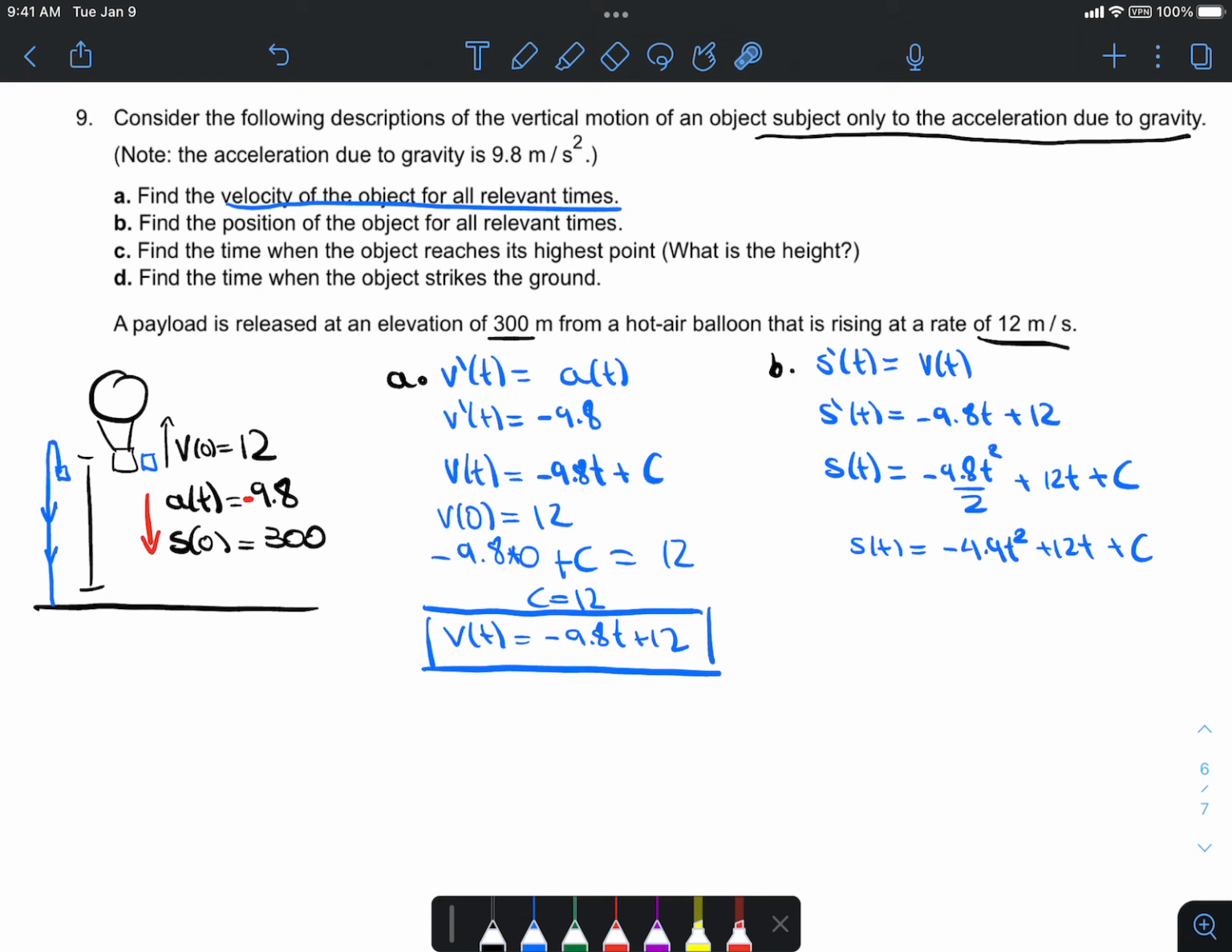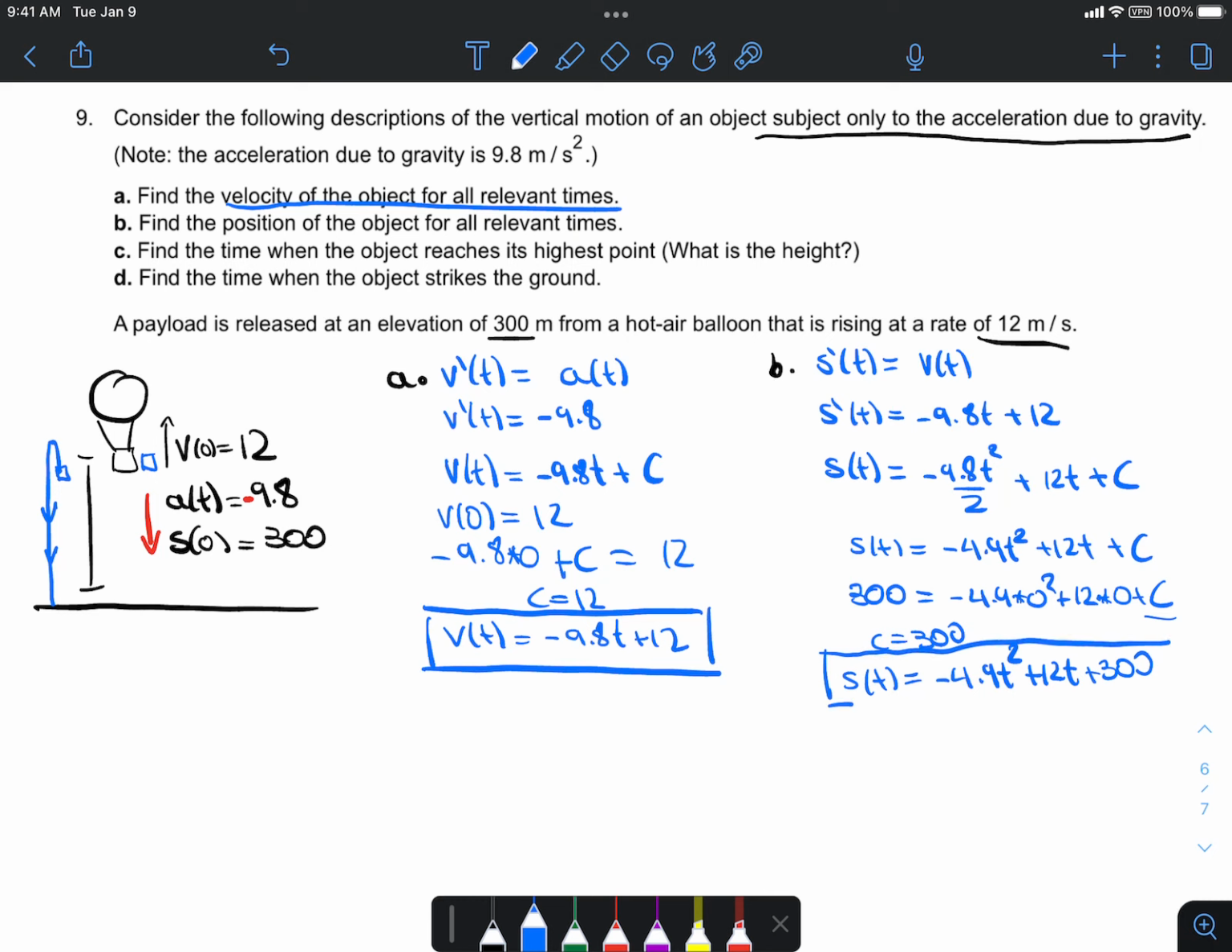How do I find c? I know that the initial position is 300. So because s of 0 is 300, then 300 equals minus 4.9 times 0 squared plus 12 times 0 plus c. So that just means c is 300. And therefore s of t is minus 4.9t squared plus 12t plus 300. So this is A and this is B. Found velocity, found position. On C, they are asking me to find the time when the object reaches its highest